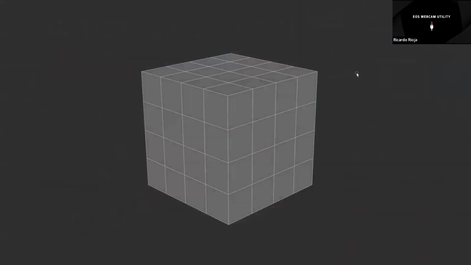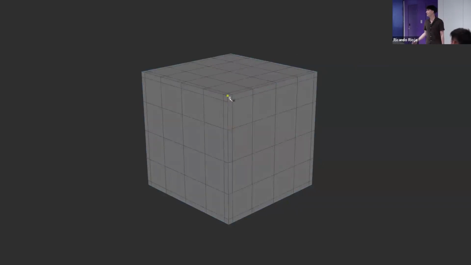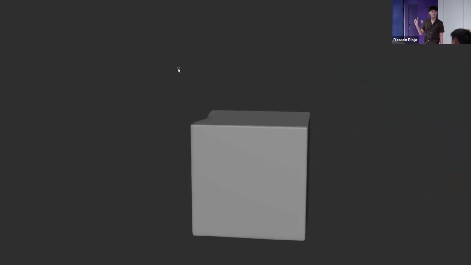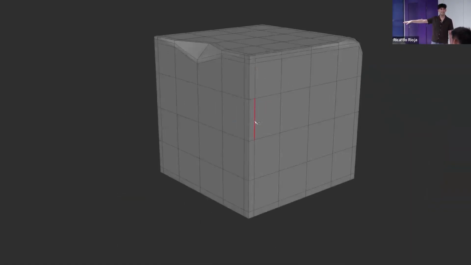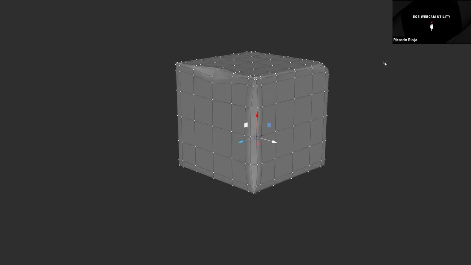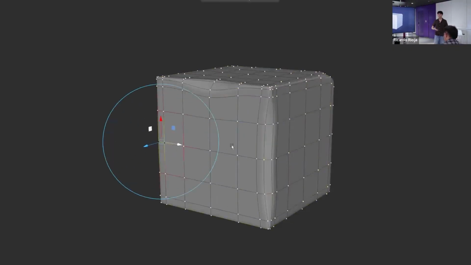Well, guys, I'm gonna tell you some modeling tips and tricks that I like to use when modeling. As I said, our world is very imperfect, so I like adding those imperfections. And when I do a bevel, I always add one more edge with a multicut tool, and I just start moving the vertices around. And as you can see, I start getting these dents on the topology, and this is very simple. It's just moving some stuff around. And this is just a cube, and it adds that extra level of detail.